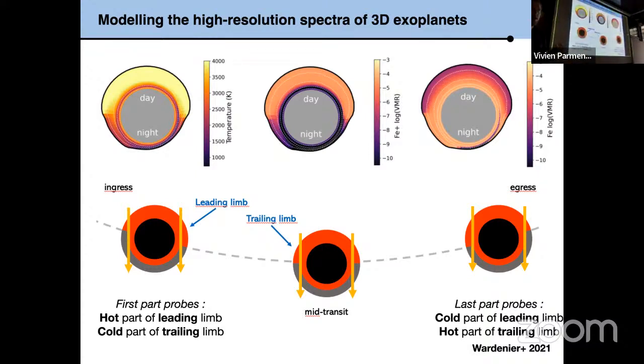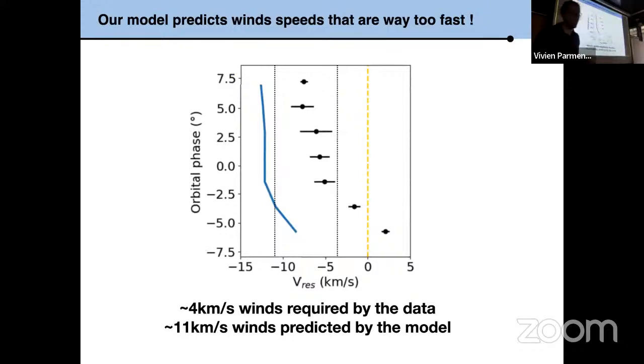But if I were to do that, you would imagine that the red to blue would be centered, right? So I would imagine, this is the data for iron, I would go from red here to blue here, centered on 0. And I'm not. The difference compared to 0 is directly linked to the day-to-night wind speed. So for the first time, we can have a direct measurement of wind speed,